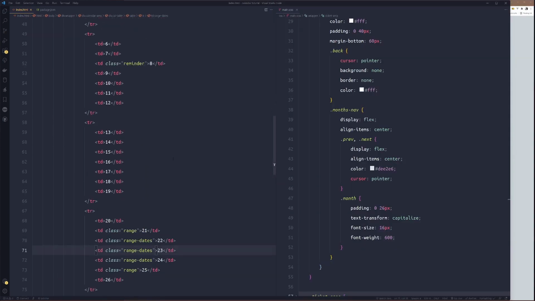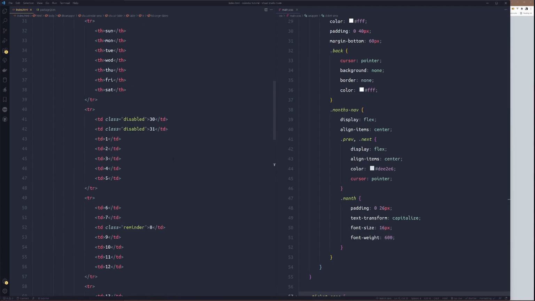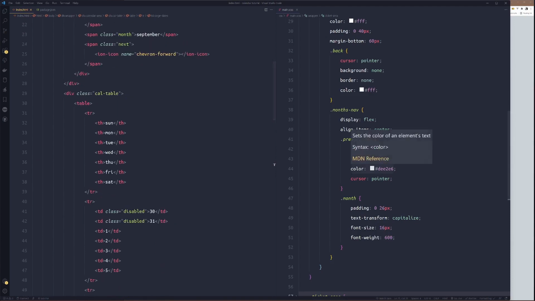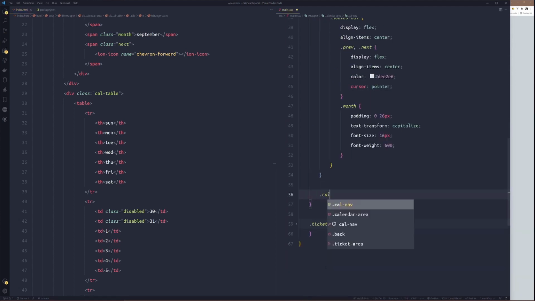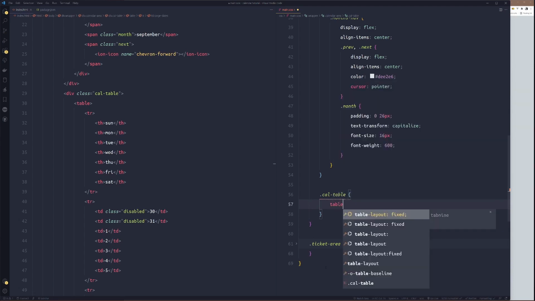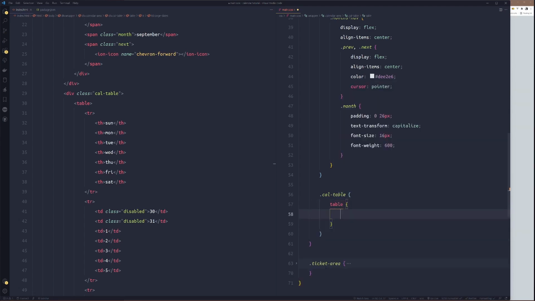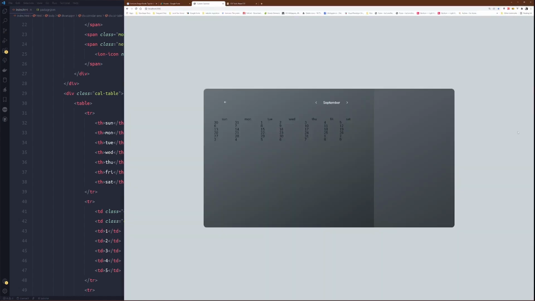We have a lot to style now. So the first thing we'll do here, we'll target cal table, just after cal nav. So cal table now, inside the table, we'll set the width to 100%.